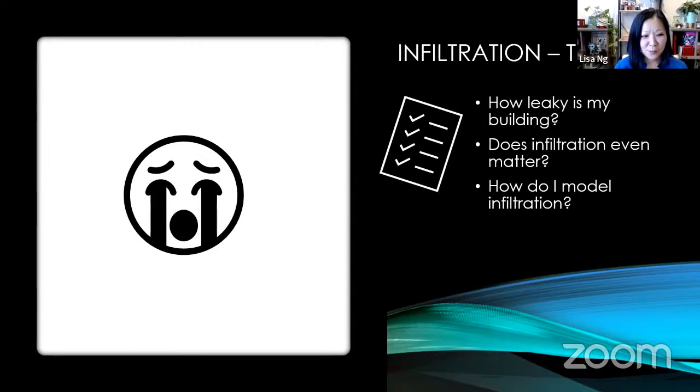All right, well, thank you so much, Matthew. Yes, I completely agree with you. Let's take, for instance, the 90.1 standard. In Appendix G there's a way to, I'll say, account for infiltration. I won't say model, but account for infiltration, and it is the same between your base model and your improved model, which is interesting because what if your improved model has a tighter envelope? Why are we using the same infiltration?